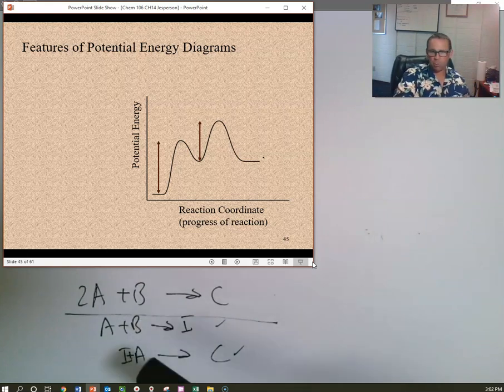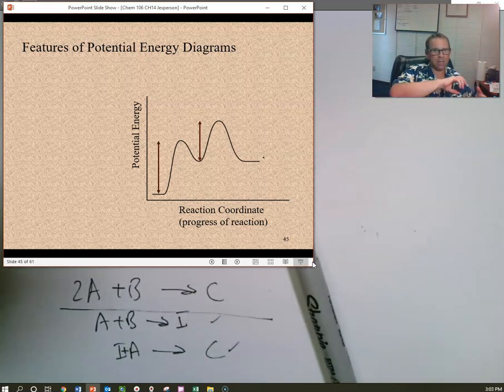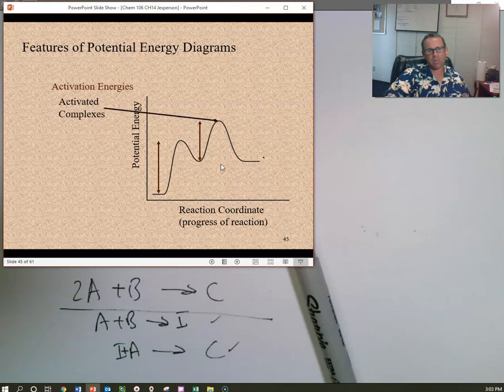And there doesn't just need to be one or two. It could be lots of different micro steps, right? Every single change in the actual eventual bond formation could be considered a micro step. So you might have a potential energy diagram that looks like this, where we start with our reactants, we have our products here, but these activation energies,